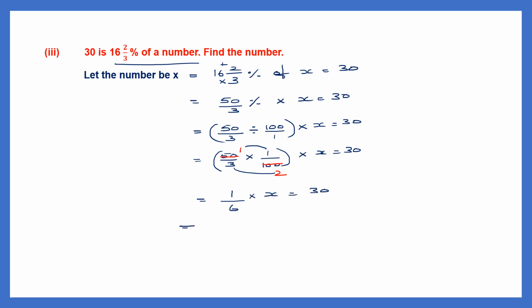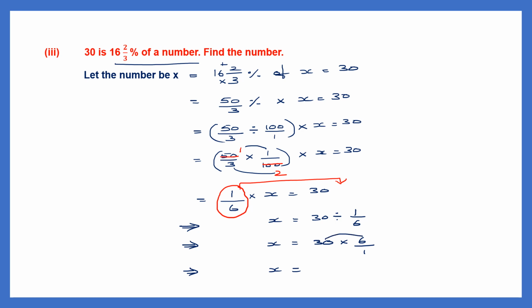Now we can find the value of x. X is equal to 30, and here we're going to transpose 1 by 6 to the right hand side because it's multiplication. When it goes to the right it becomes division. So this is divided by 1 by 6. So we'll continue. X is equal to 30. Division changes to multiplication. 1 by 6 becomes 6 by 1. Now let's simplify that and find the value of x. Now 30 into 6. 3 sixes are 18 and add a 0. So x is equal to